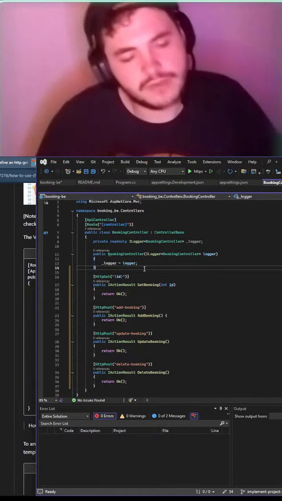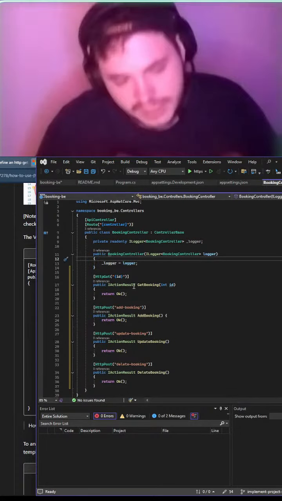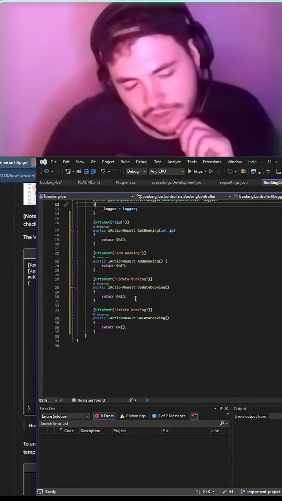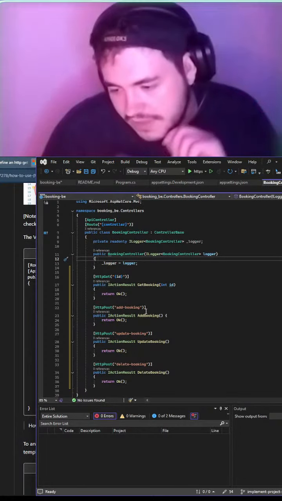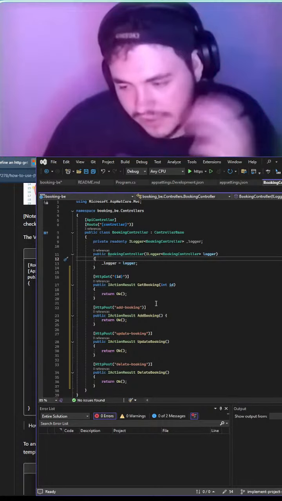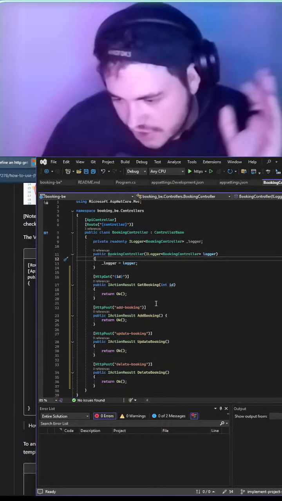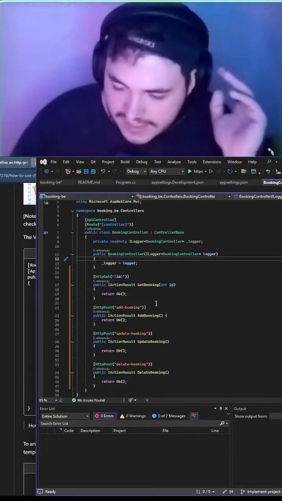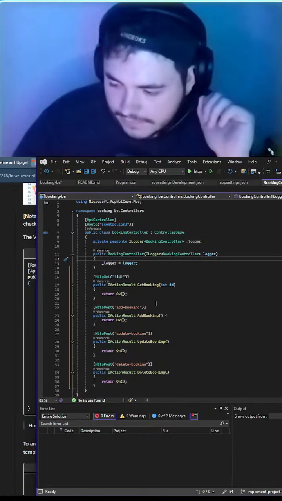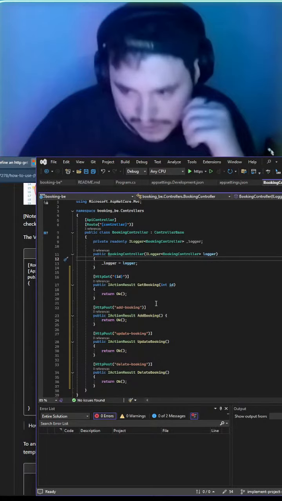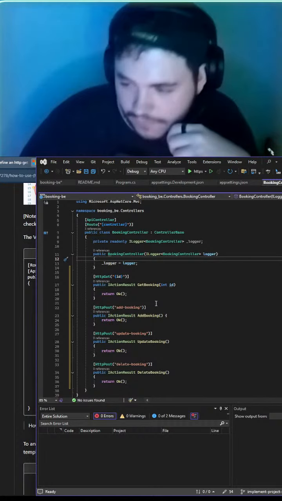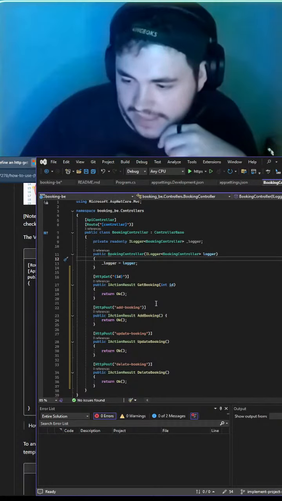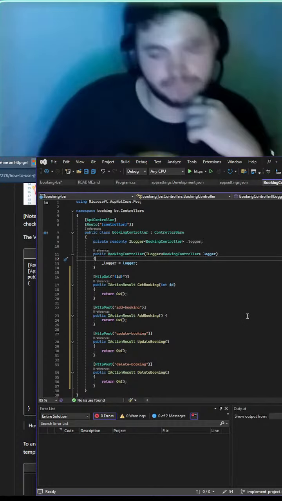So maybe we can even do a bit of logging here. I will research how logging is done maybe tomorrow. This was a very, very basic setup of the project structure, basically the overall stuff that we need to do. But I'm happy with this so far as a way back into AI, I guess.